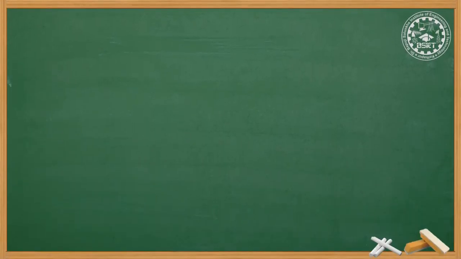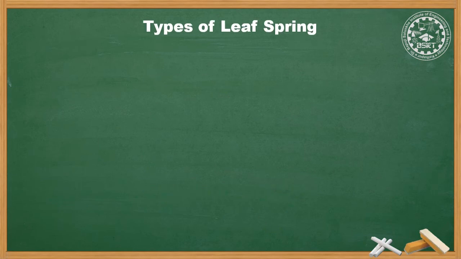Let us see the different types of leaf spring. Usually there are 5 to 6 types of leaf spring. Some we know and some we are going to discuss here. First, semi-elliptical spring. Semi-elliptical springs are used in all vehicles, particularly in trucks. They are fitted at front and rear axle. But in car they are fitted only on the rear axle. Semi-elliptical springs are cheaper and require less repairing.